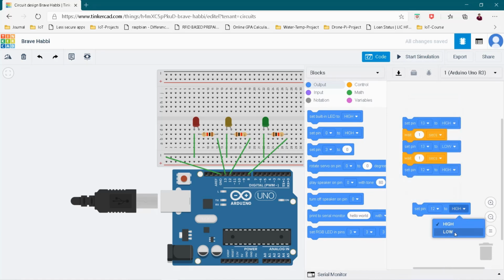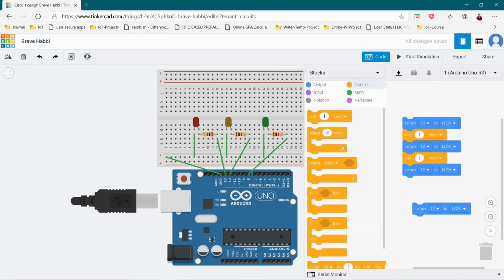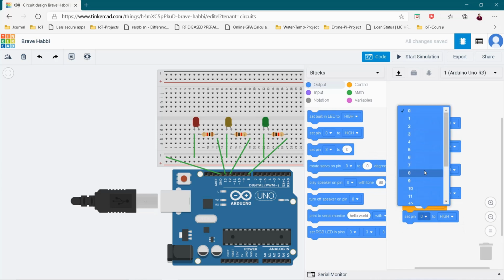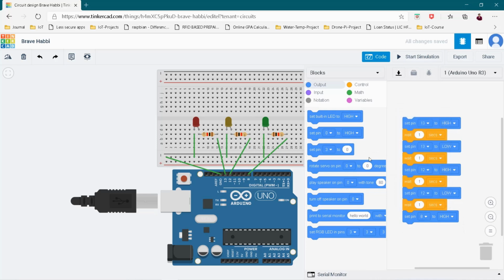Use control here and put it and join this one, and wait for 1 second again, and go back, do the same thing for green color. So green is connected with pin number 8, so 8 to high, and also you can do it for 8 to low,